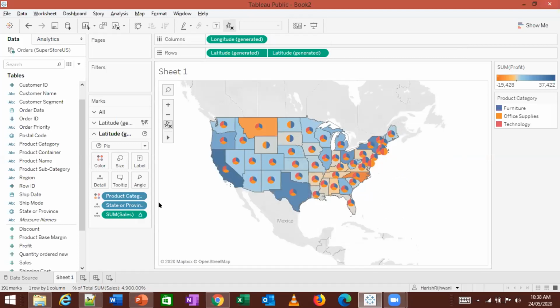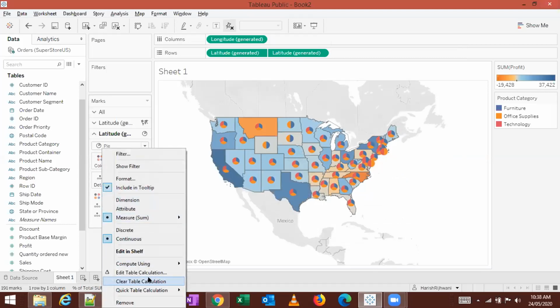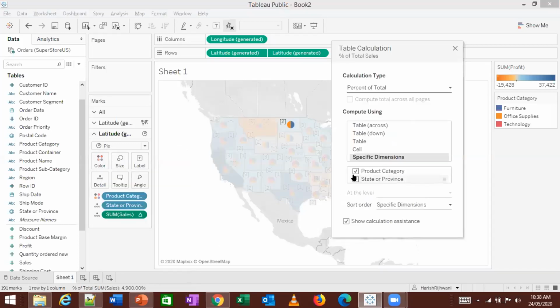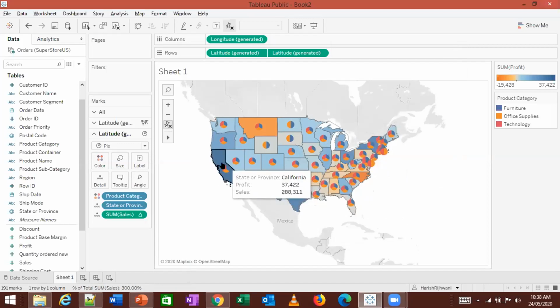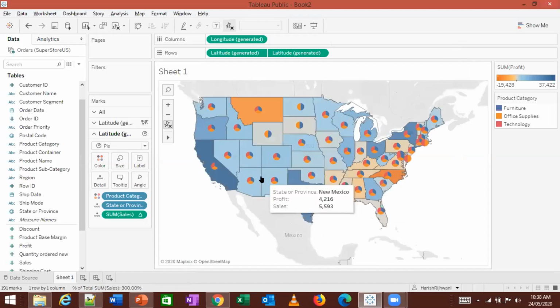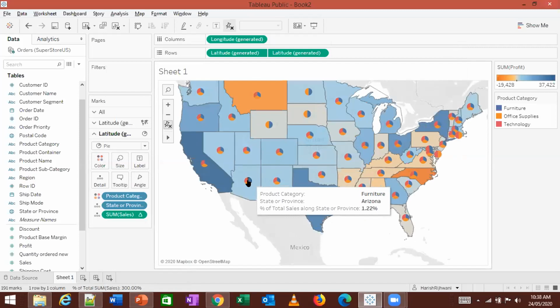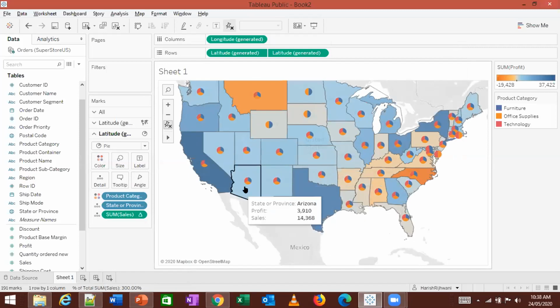Earlier, the percentage which I had seen was on state and province. When I look at this percentage in this pie, ideally I would want to see it tie up to 100%, but I'm seeing 1.2%, 0.32%, and 0.64%. It doesn't tie up to 100%, especially for this pie.